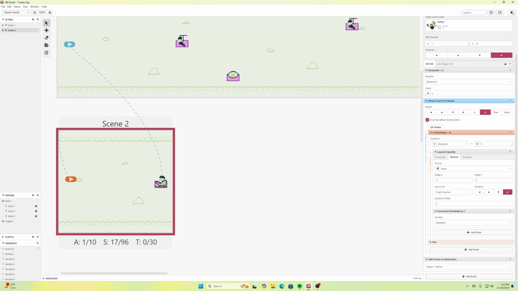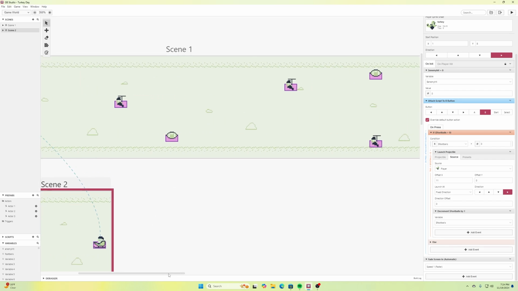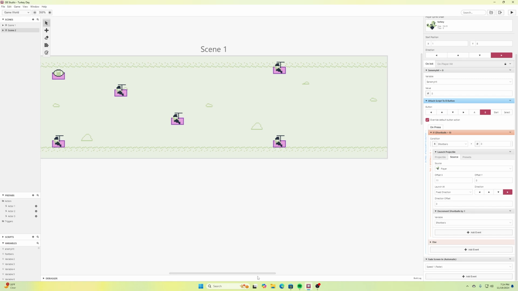Okay, so now we'll run this, see how it looks. Right now it's not letting me fire. All right, so now we have a way where we can't just throw footballs at Santa. We got to wait for Santa to throw a football at us, and then we have to keep an eye out if he's throwing a candy cane or if he's throwing a football at us. The other thing we can do up here